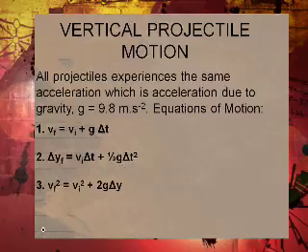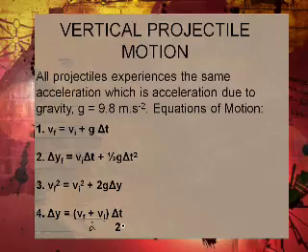And if we look at this one here, V final squared equals V initial squared plus 2g delta y. And lastly, delta y equals V final plus V initial times delta t divided by 2. So you have that 2 there because it gives you the average velocity. It's just that it was shifted due to our